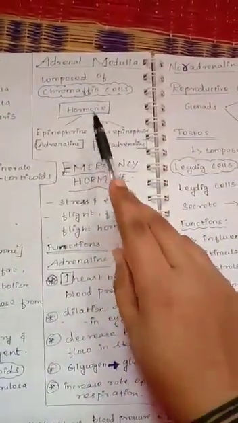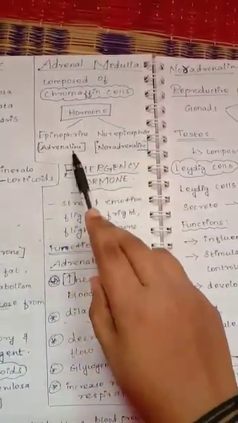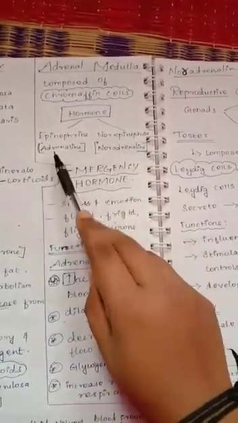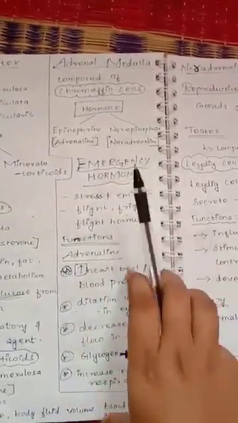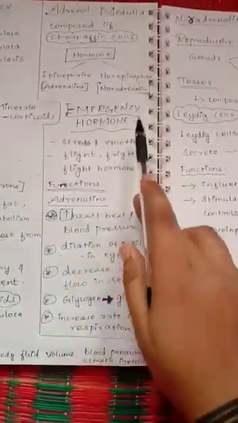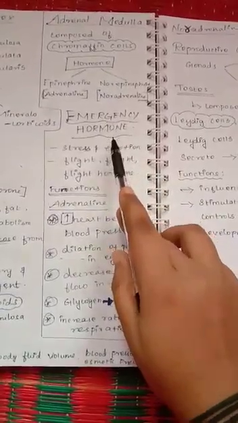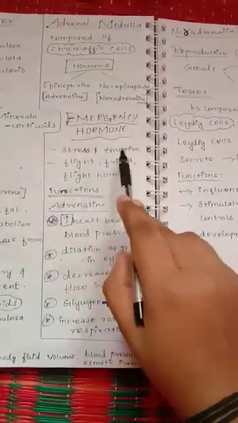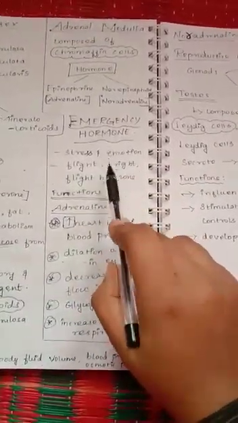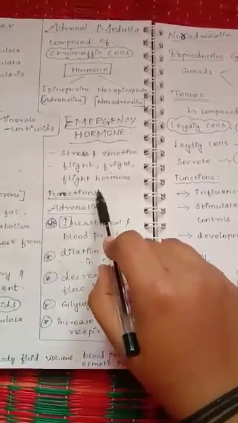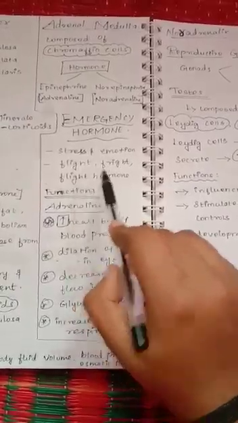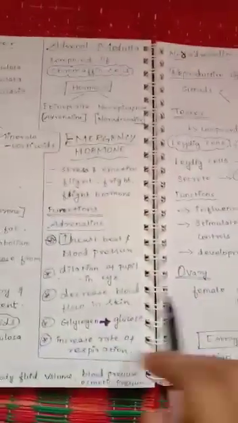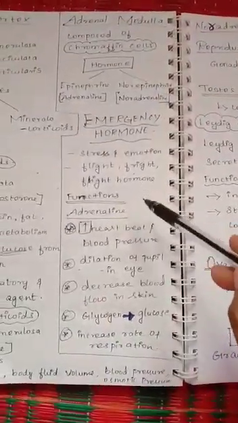The hormones secreted by adrenal medulla are epinephrine and norepinephrine. We otherwise call them adrenaline and noradrenaline. It is called the emergency hormone because this hormone is secreted only at the time of stress and emotion, when you get any fear, fright, anything. So it is called the flight, fright and fight hormone. And the functions of